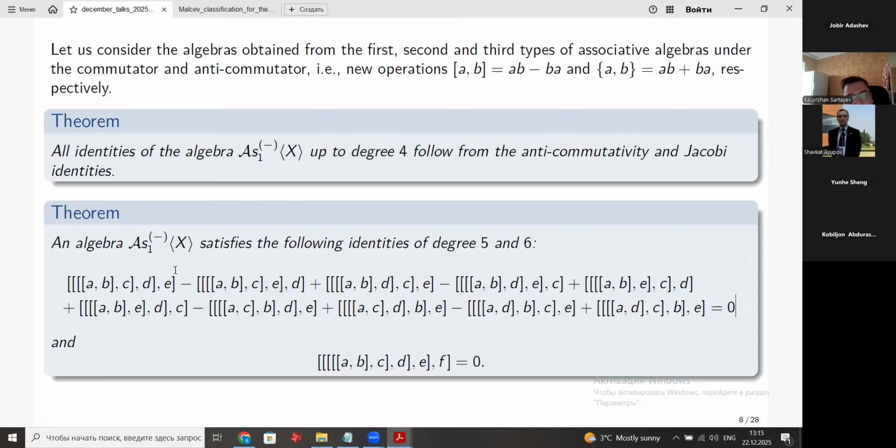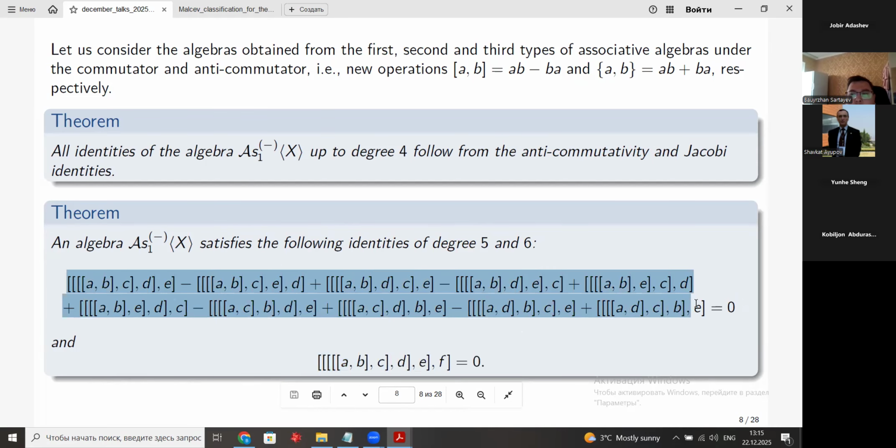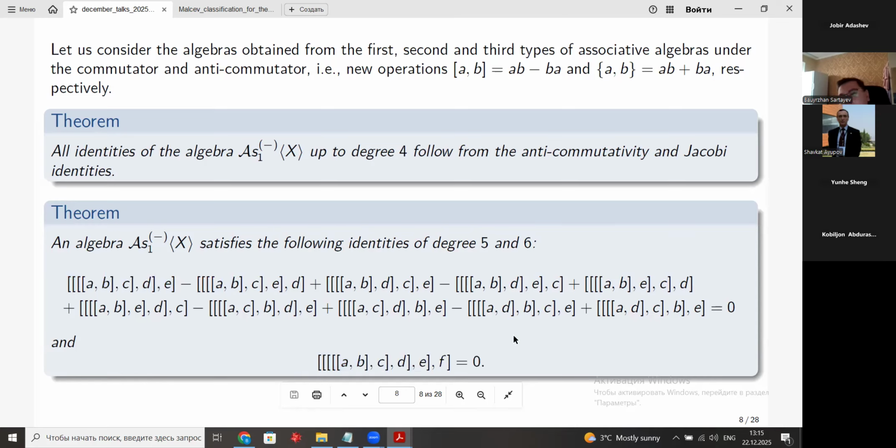And it's not so difficult to see that a Lie algebra with this identity of degree 5 is not nilpotent, but in degree 6 we obtain this new identity. It's a nilpotency of index 6. So that's a new identity which doesn't follow from anti-commutativity, Jacobi, and this identity of degree 5. And if in degree 6 it's nilpotent, there is no reason to search for other identities in degrees 7, 8, and so on, because that's all 0.